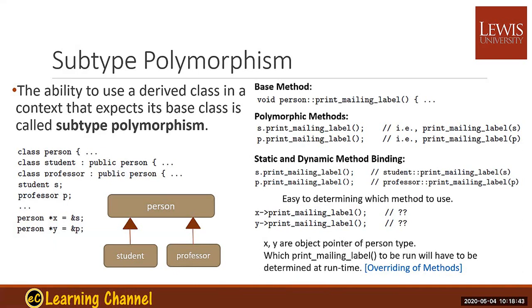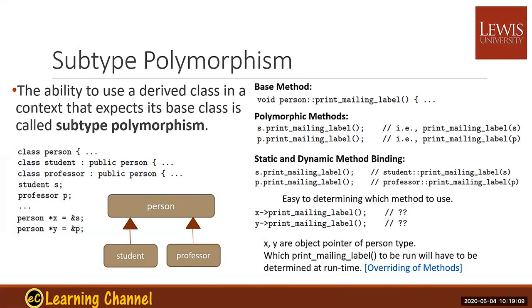We assign the address of S to X, so X is a pointer to a Student object. Y is a pointer to a Professor object. In the base class we have the polymorphic method print mailing label. Since it is defined in the Person class as a virtual function,